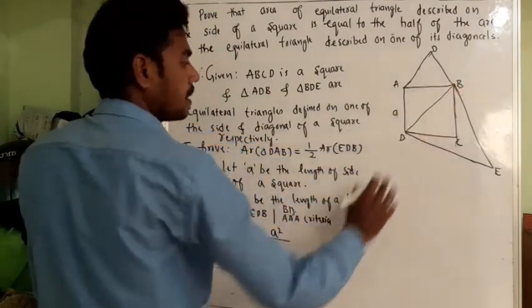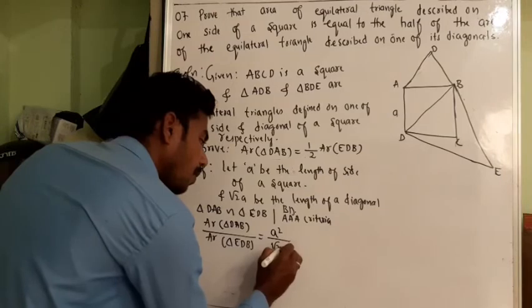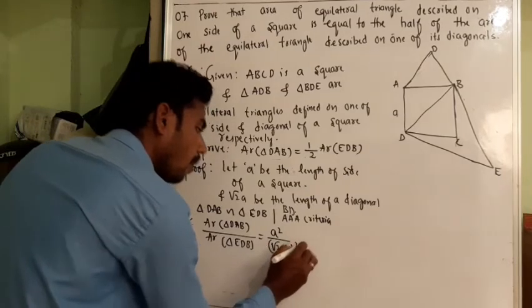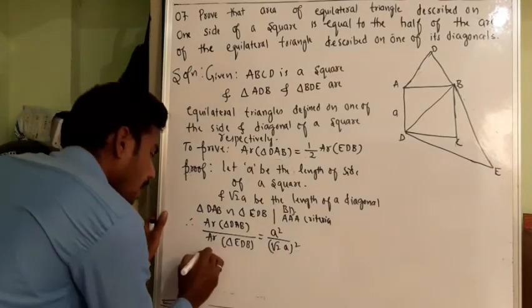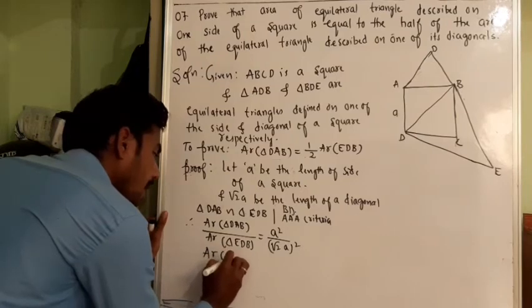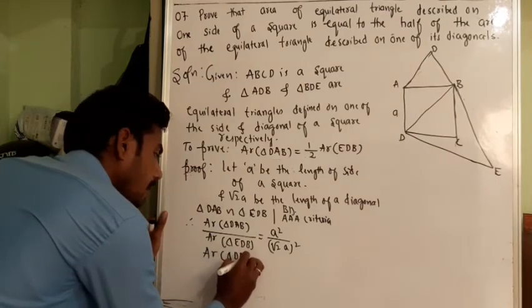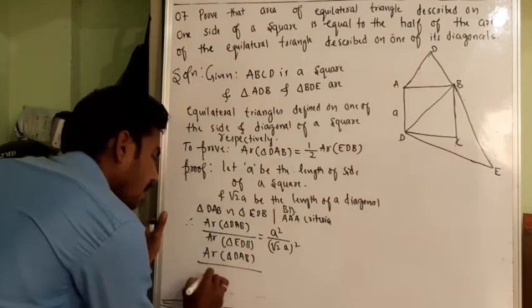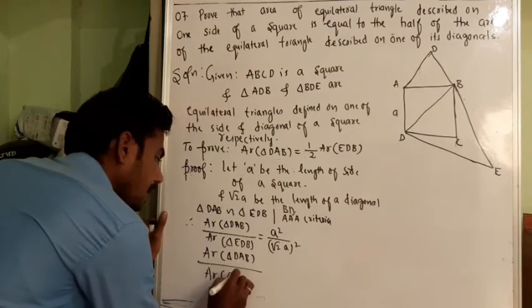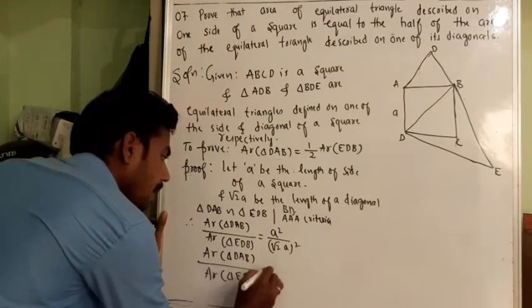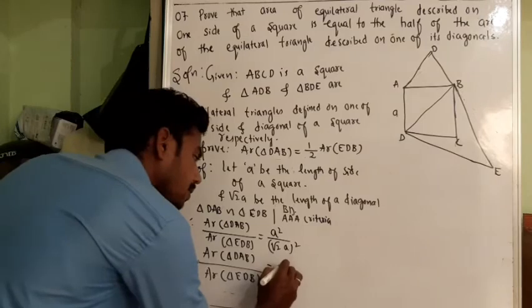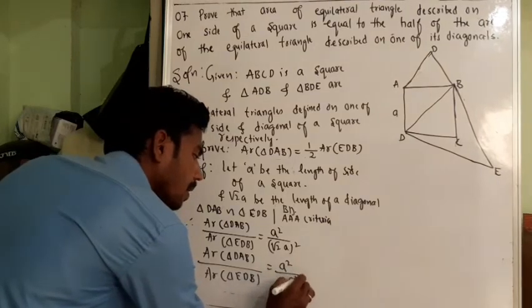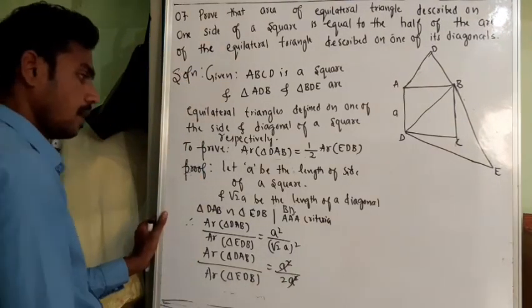What is the length of this side? Root 2a whole square. So area of triangle DAB divided by area of triangle EDB is equal to a square divided by 2a square. So this will get cancelled. Therefore